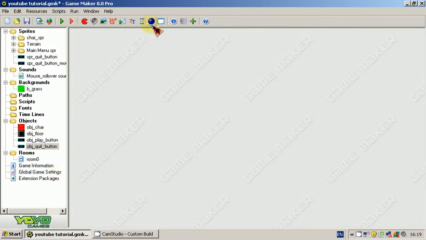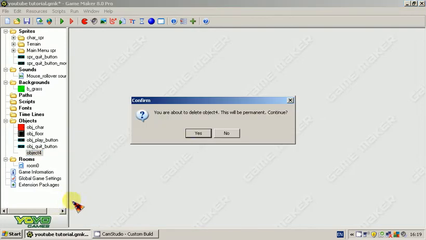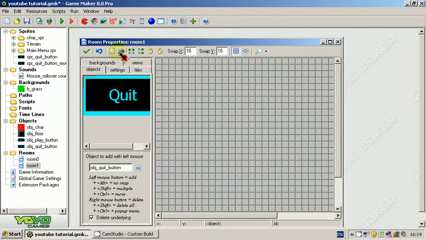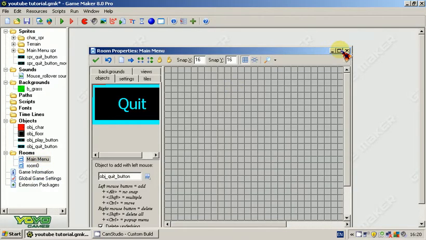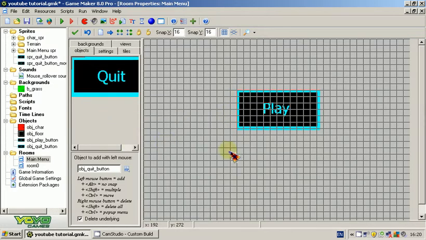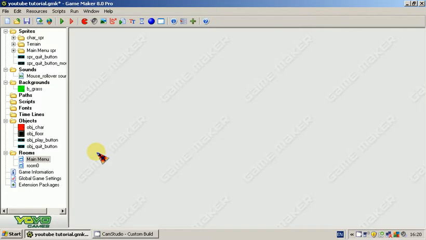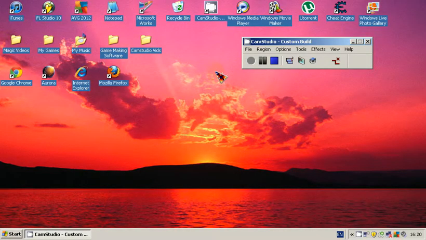So now, if we make a new room, oh no, not an object, sorry, just let me delete that quick. Make a new room, drag it up here, and we rename it main menu. We go in here and we place our objects in here. So we have object play button and object quit button. And then if we start the game,